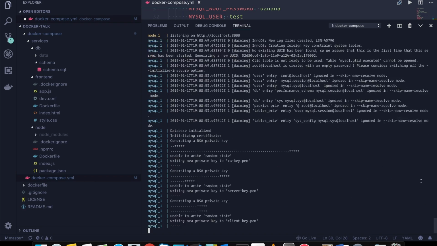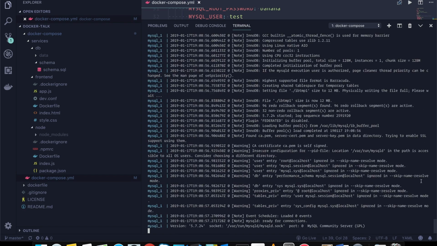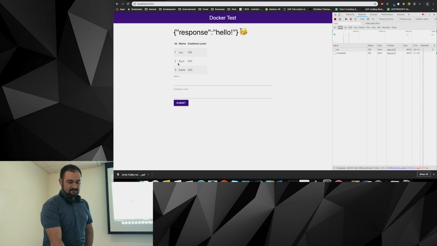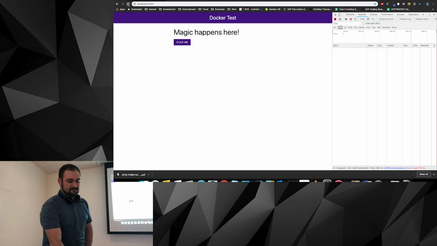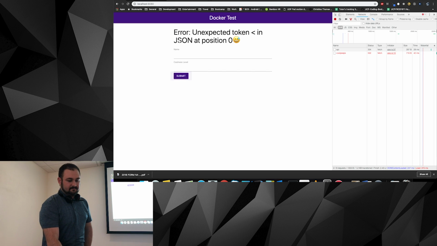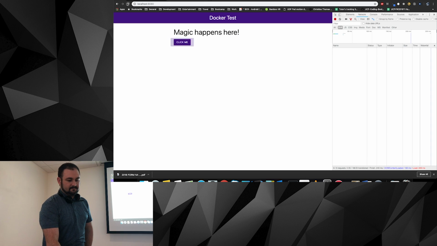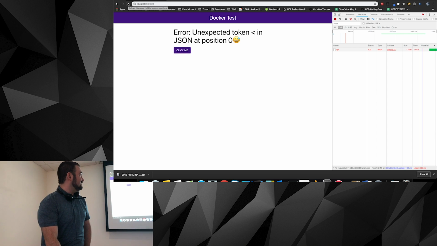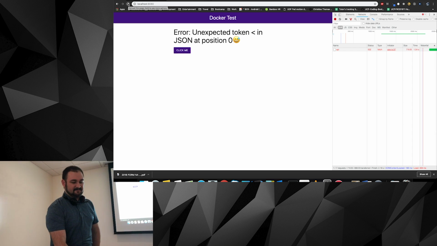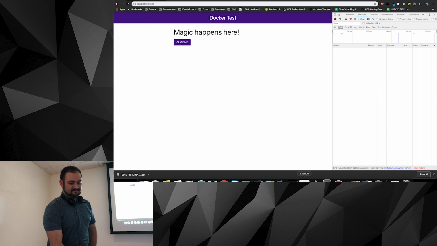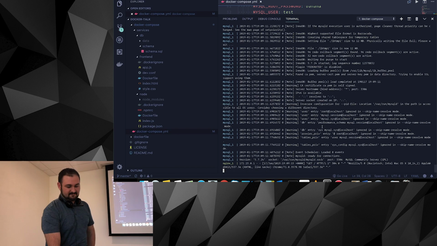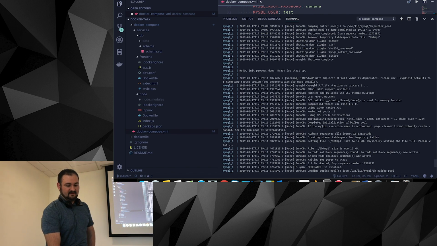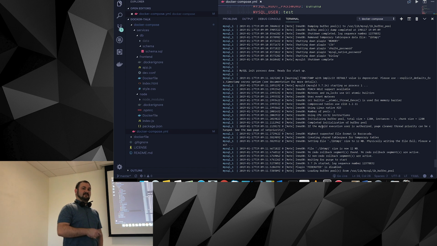Give MySQL a hot minute. Takes about 10 seconds. Docker compose up --build.